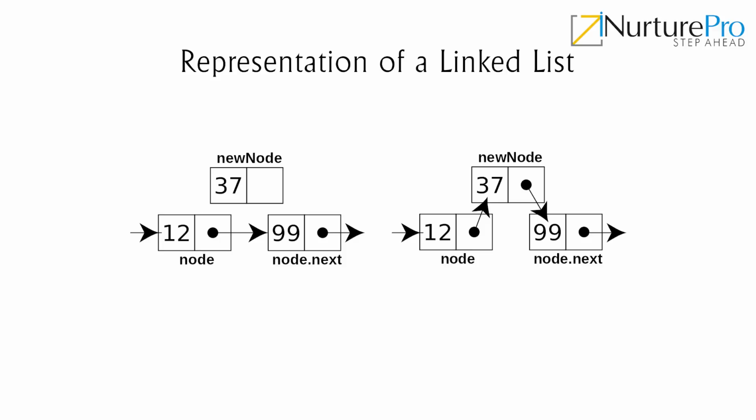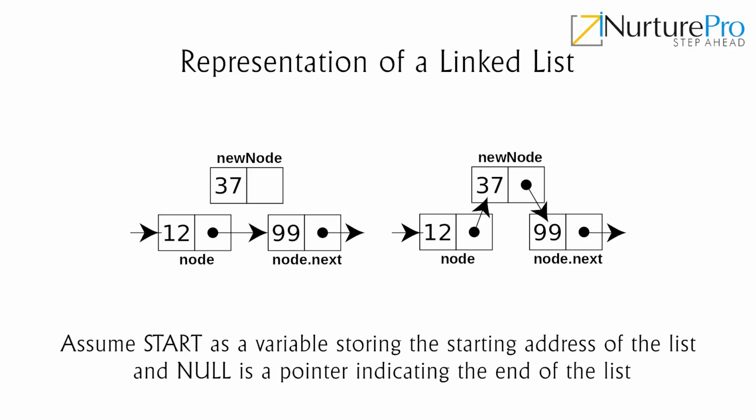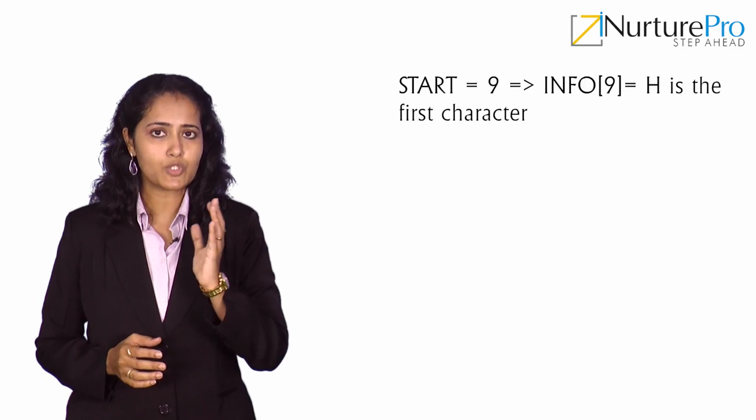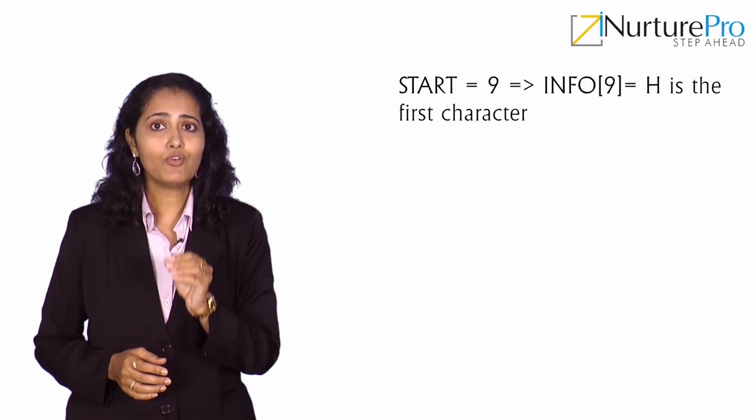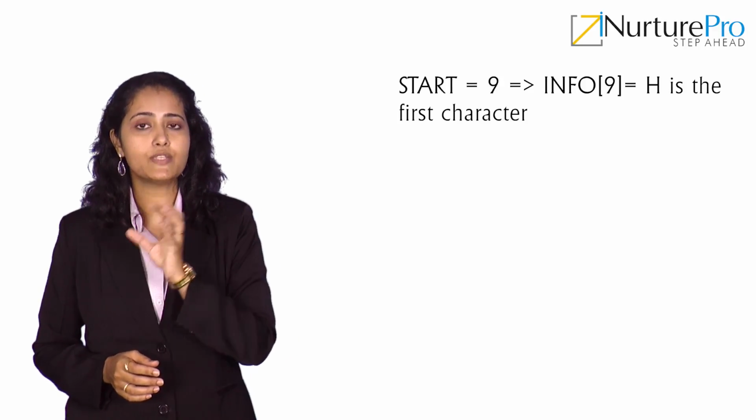Assume there are two arrays, info and link. In these two arrays, info of k contains data part and link of k is the pointer field to node k. Assume start as a variable storing the starting address of the list and null is a pointer indicating the end of the list. Here, start is equal to 9 means info of 9 is equal to H is the first